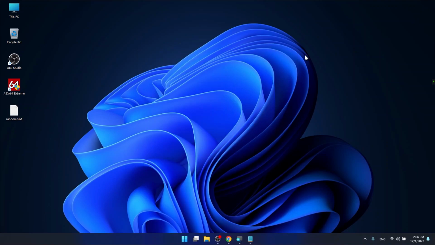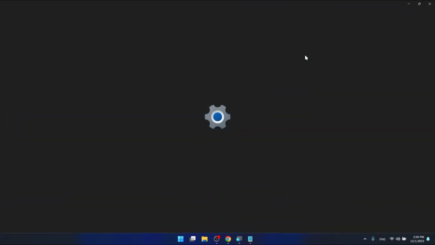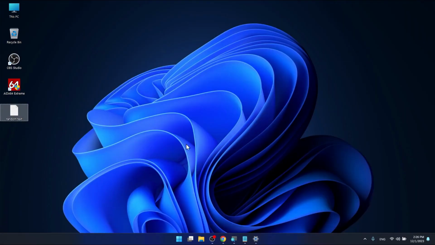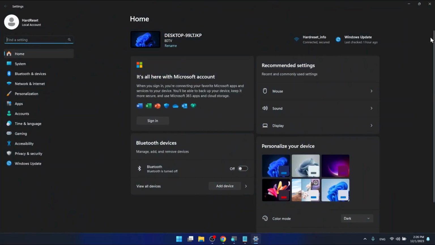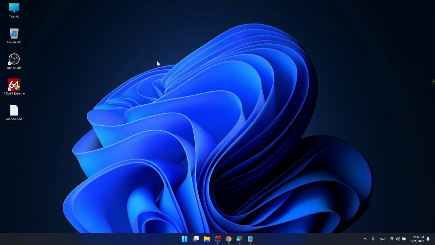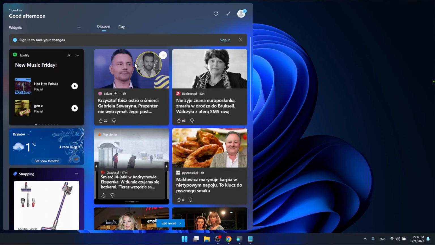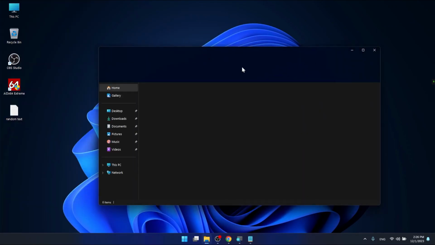Pushing Windows I will open the settings app, and Windows D will minimize all the opened windows, and clicking Windows D once again will show all the recently minimized windows. Windows A will show you quick settings, Windows V will show you widgets, Windows E will open the File Explorer app,